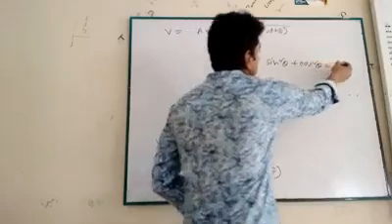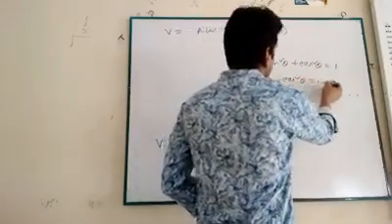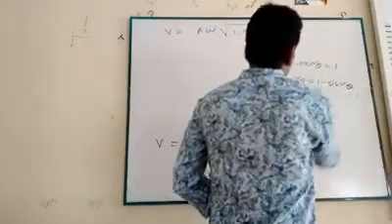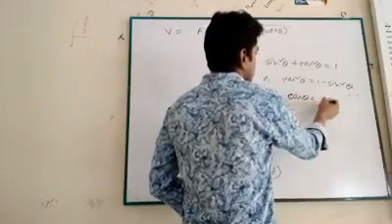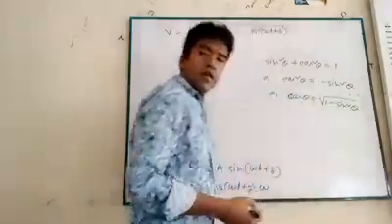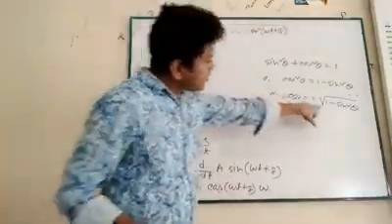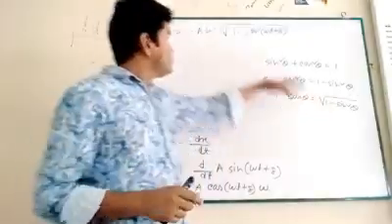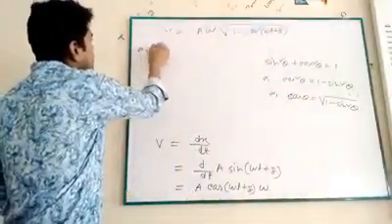We know sin square theta plus cos square theta equal to 1, or cos square theta equal to 1 minus sin square theta, or cos theta equal to square root of 1 minus sin square theta. I can write using this rule. Okay,